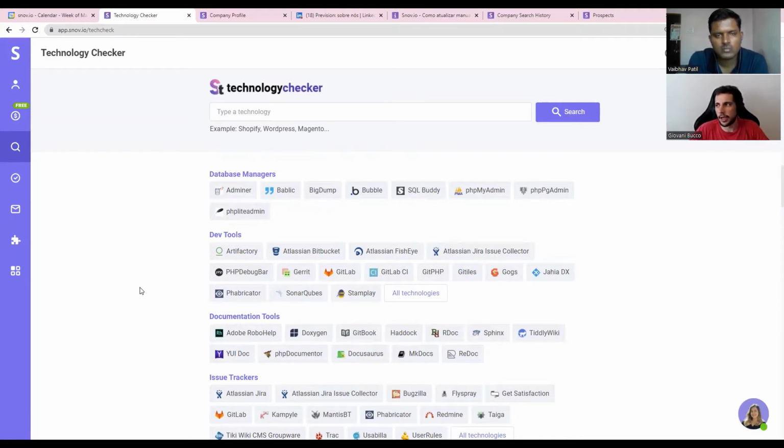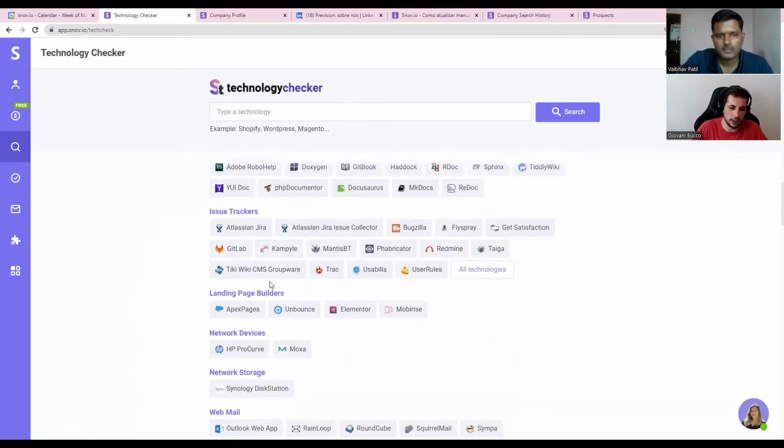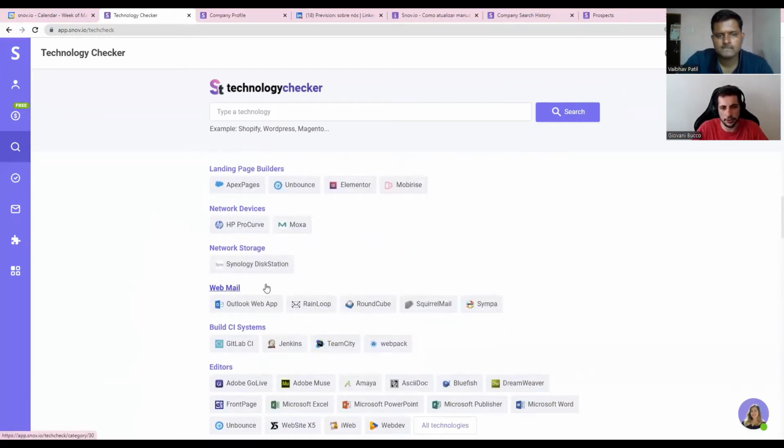I had a client that used to sell Amazon Web Services, so AWS, and he would search for companies that actually used Oracle because he said he beat Oracle on all the points, so he had a really high conversion, and he uses Snov.io for that. Okay. So those are a few ways that you can use this tool. As you can see, there are a lot of tools here, and you can just see whatever fits your company. Any questions on this one?